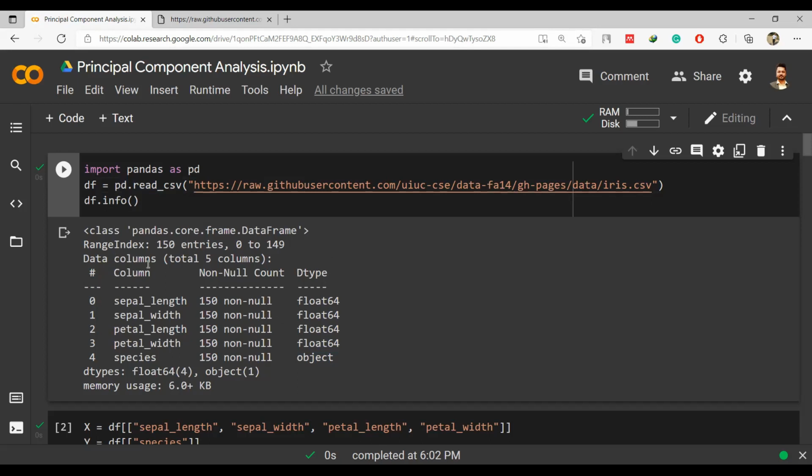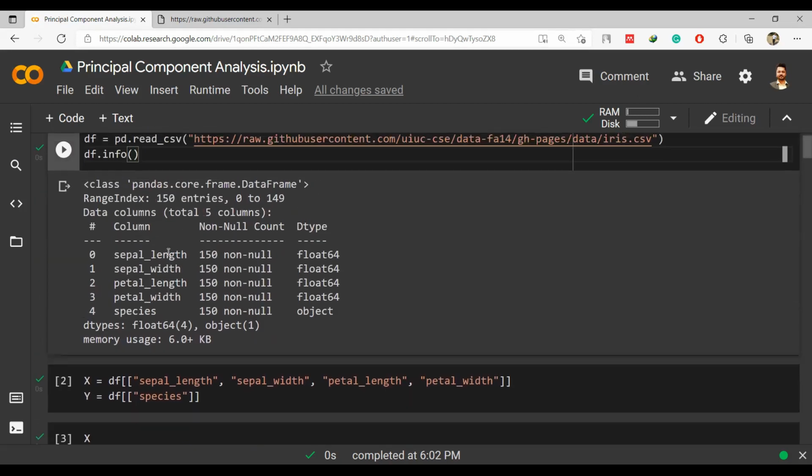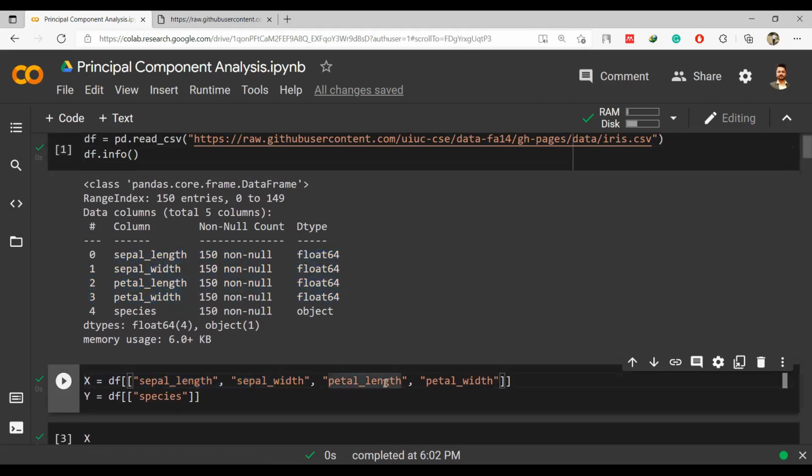Okay, and once you know how my data frame looks, you can divide it. The first 4 columns will be part of X. Then only we will make that equation y equals f(x), if you remember. So y will be the species, y is my final output that I want, and only the first 4 columns will be taken into the X part, so that I can play with those 4 features, and maybe I can convert them into 2.